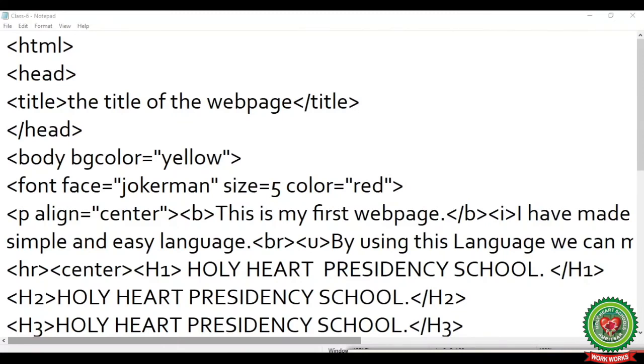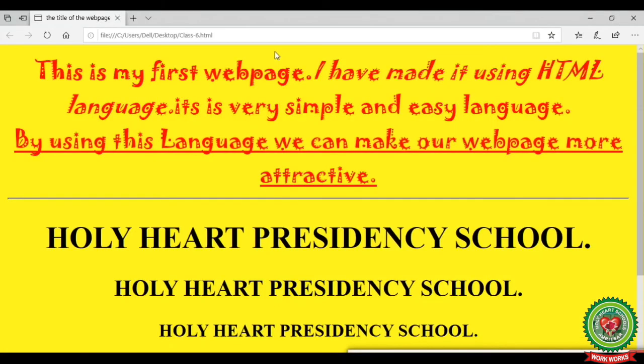Before applying top margin or left margin to your web page, let's have a look at your web page. Here you can see there is no space between the text and the top margin. From the left side also there is little space between the text and the left margin.